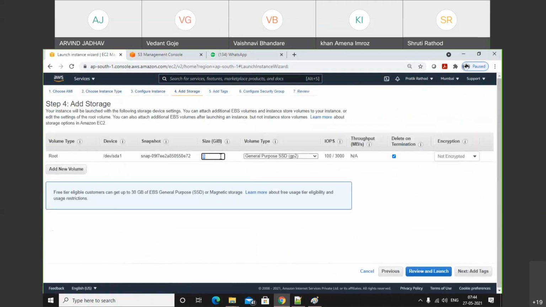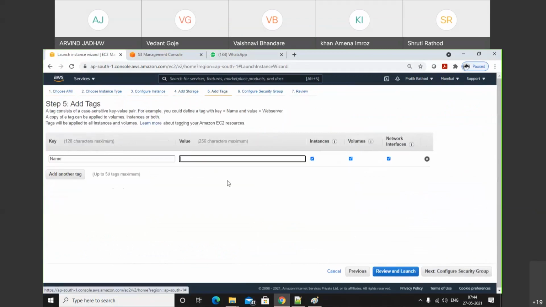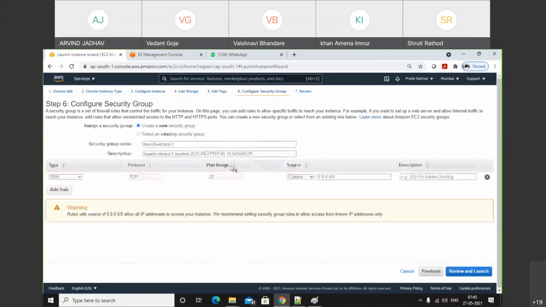Storage as 30 GB. Click on next. Add key name. I'll add AWS CLI. The instance name is AWS CLI, AWS command line interface. Click on next.